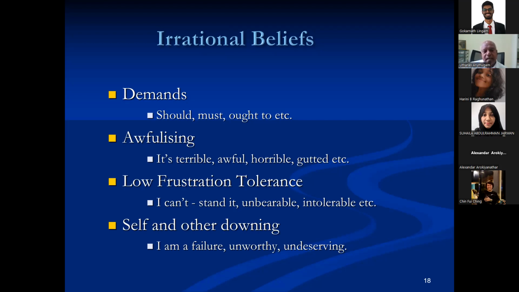People like Albert Ellis said that in any emotional disturbance, anybody who is emotionally disturbing themselves, you will see these beliefs; they are likely to be there. Say, for instance, somebody who's depressing herself. When you talk to her and assess what's going on in her life, she will be saying things like, "Why did that happen? Why did that happen to me? Why me?" Or they'll say other people should not have done things.